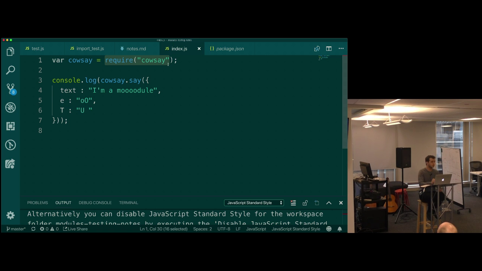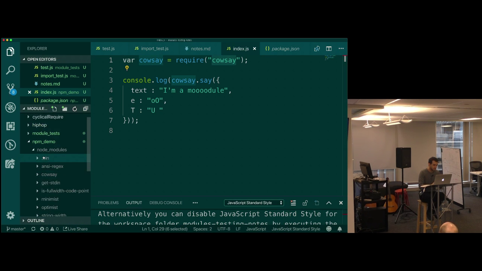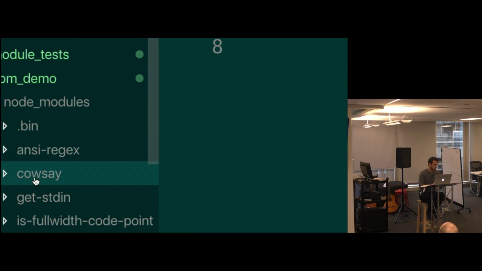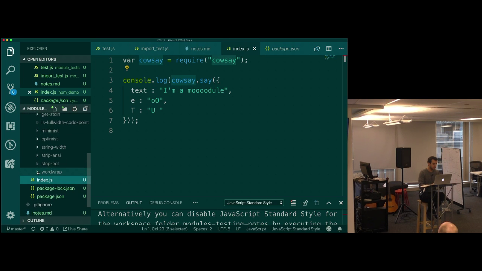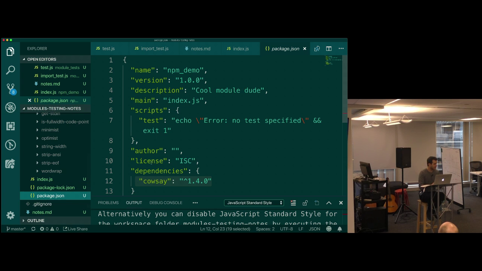That's where it goes without the path. Exactly. So you give it a name, it'll check the node modules, right? And again, if I was to open up my node modules and look into there, I see a thing that says cowsay, right? The node modules is populated by this package JSON.